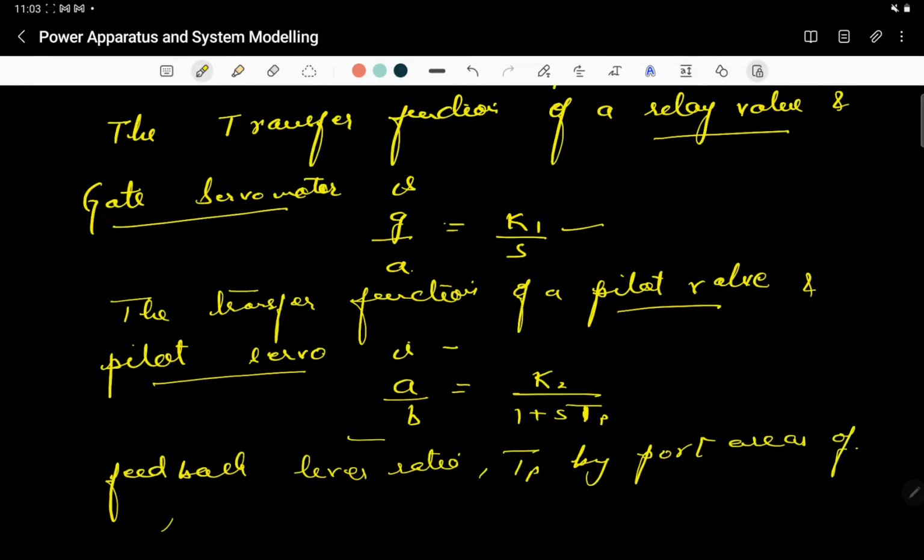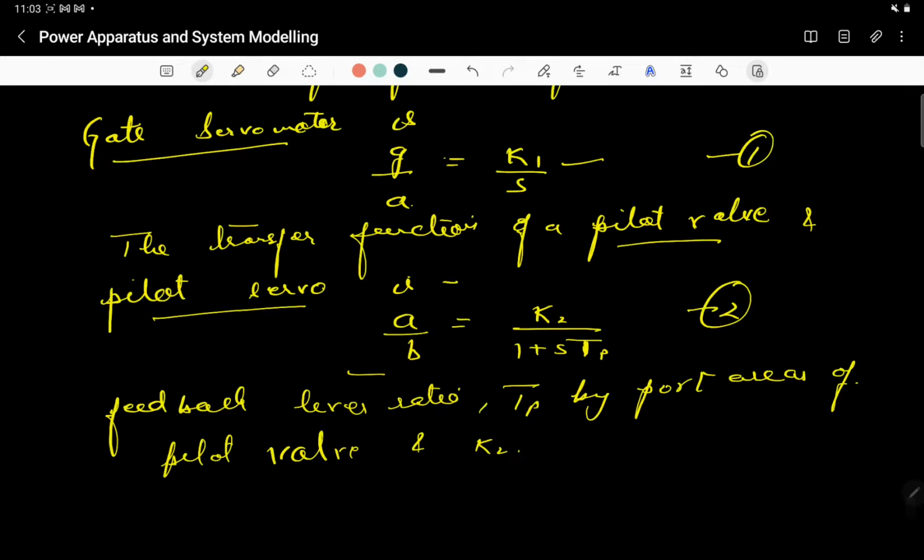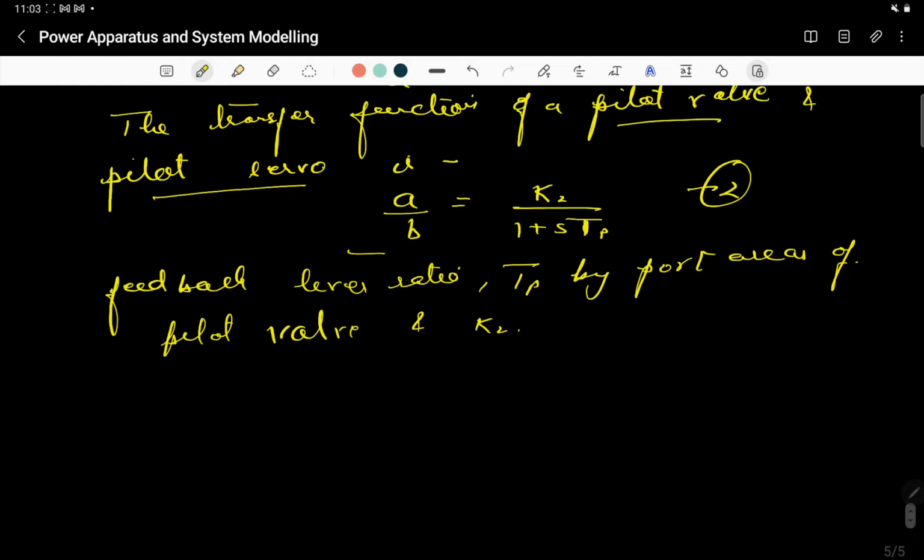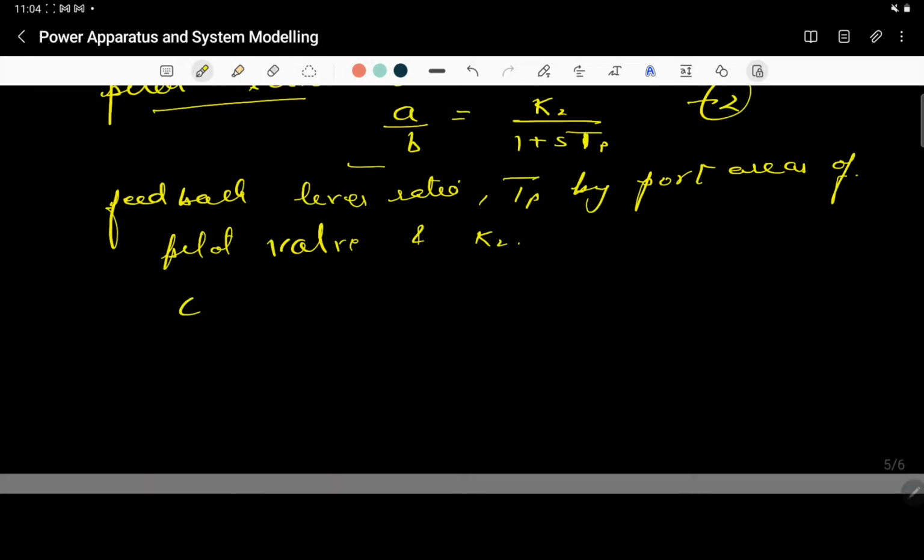of the pilot valve and K2. Okay, so in this manner we can determine these. Let's consider this as equation number 1, this as equation number 2. Okay, so combining both of the above equations,